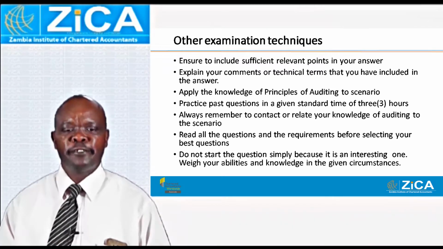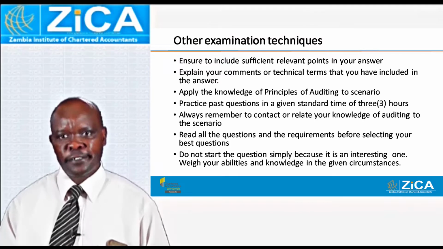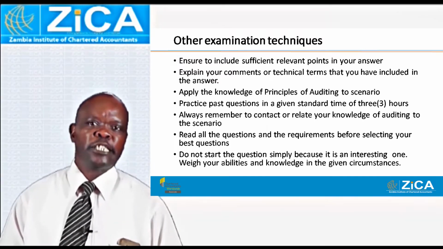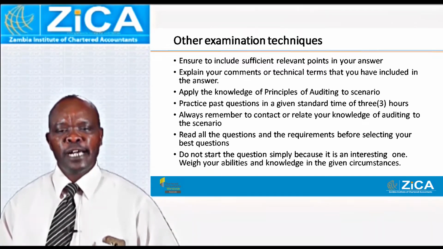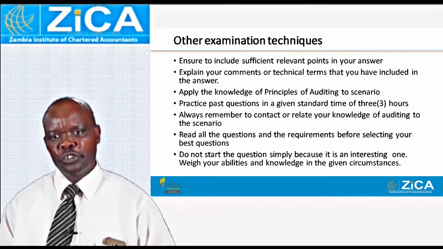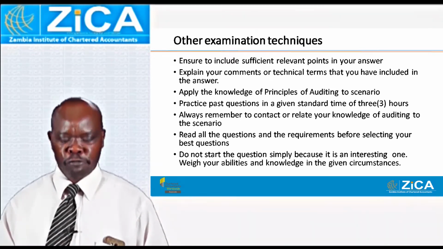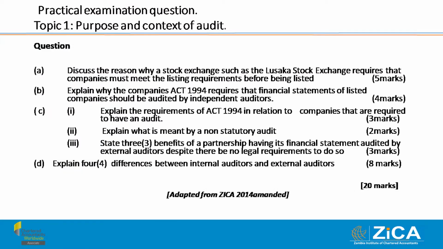And this means that those that have mastered the topics as single topics may not excel, because you find question 1 is topic 8, question 2 is topic 5. Examiners are free as long as they can meet the needs of the requirement in terms of question weighting or question marks. Now let's try to move on to some practical questions that have been set in the past.